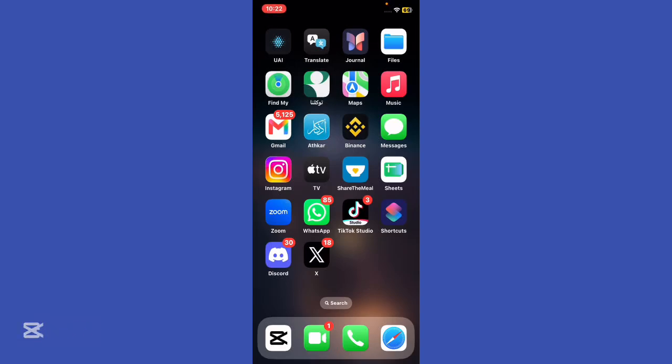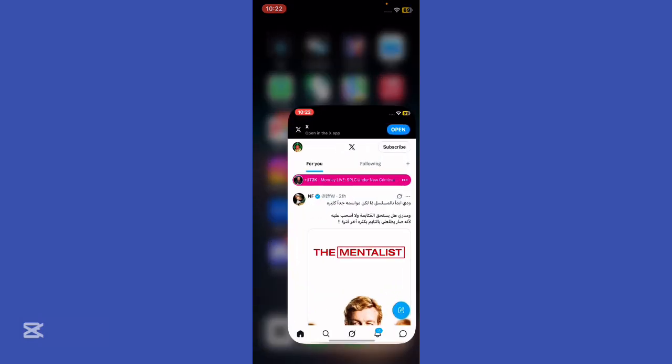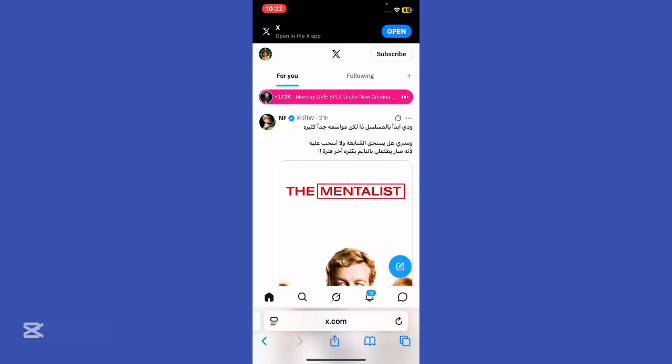To fix the sensitive content warning on X, formerly Twitter, you must update your account settings through a web browser because this option is not available inside the mobile app. So open a web browser like Chrome or Safari on your phone or computer, go to X and log into